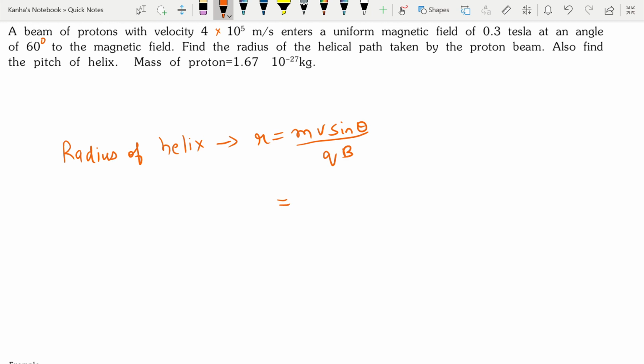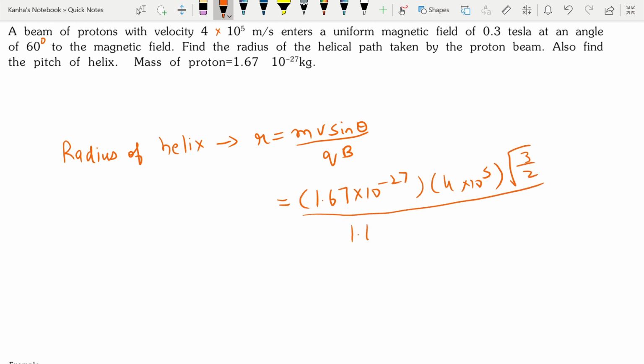Why is this so? First of all, this is because this is the component of velocity perpendicular to the field, the v sine theta component. So I have 1.67 into 10 to the power minus 27 into 4 into 10 to the power 5 into root 3 by 2 divided by 1.6 into 10 to the power minus 19